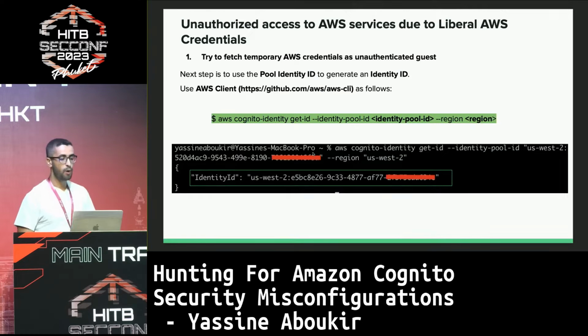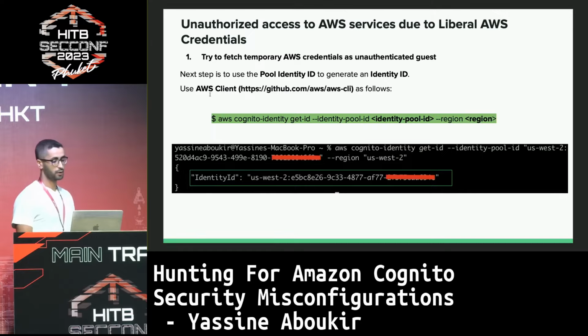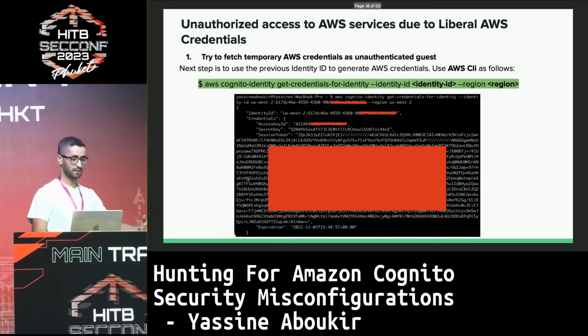Once we secure the pool ID, mainly in the source code, we will use the AWS client to execute the following commands. We provide the pool ID as we found earlier, we provide the region, and we execute the command. This will generate an identity ID. We will use this identity ID in the next step to finally generate the AWS temporary credentials. So you execute a different command using the identity ID that we generated earlier in order to generate temporary